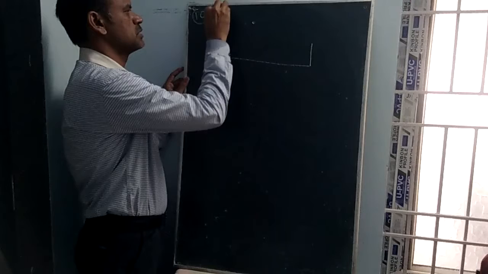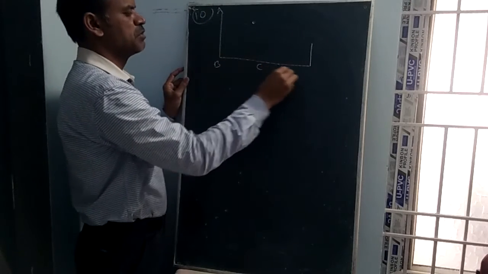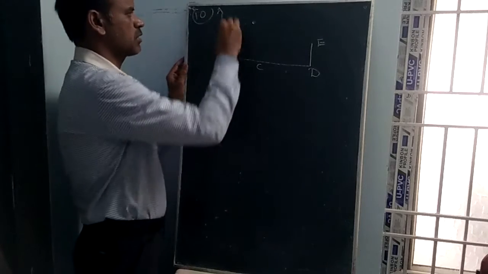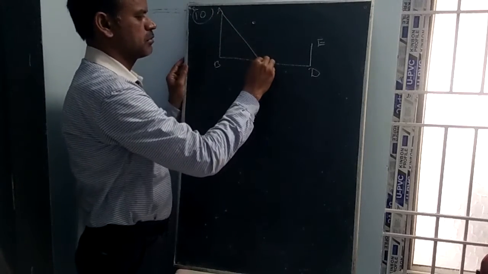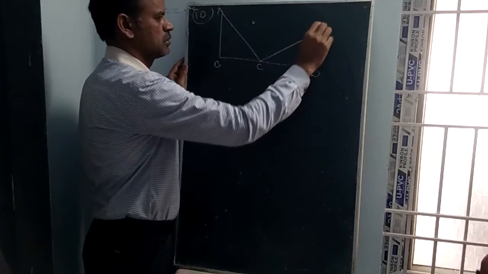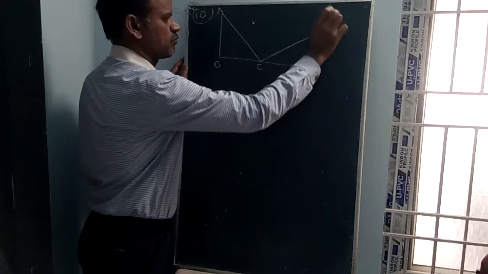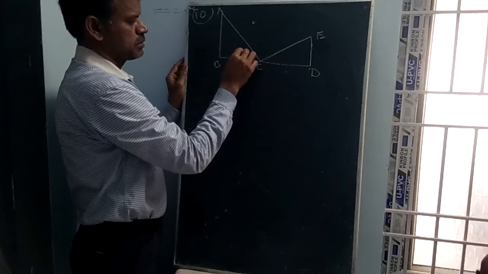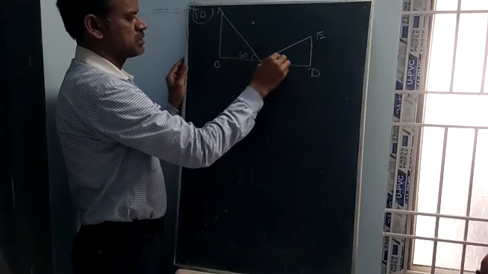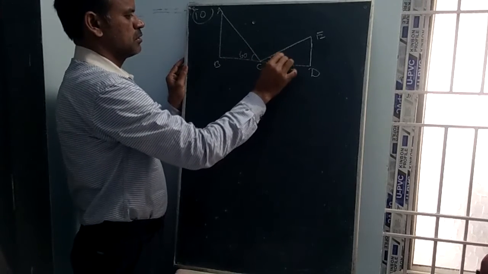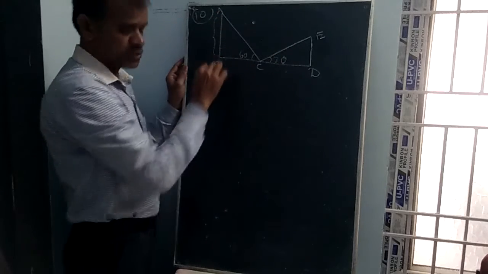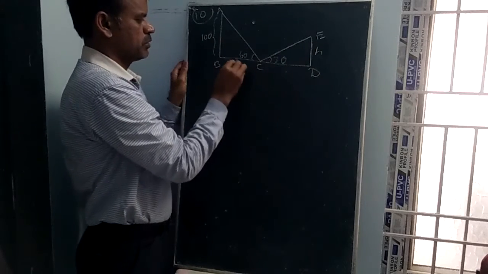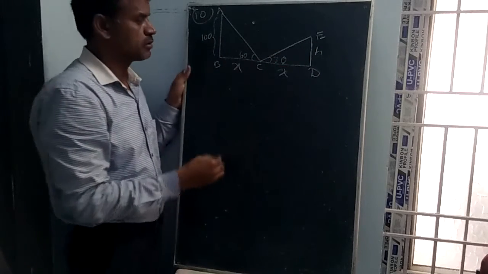Draw like this. This is first tower AB. This is C, midpoint of the two towers. AB is the first tower and DE is the second tower. C is the midpoint of the line joining the feet of the two towers. The angles are given as 60 degrees and 30 degrees. First tower height is given as 100, and this is h. This is x, this is x, because it is the midpoint.